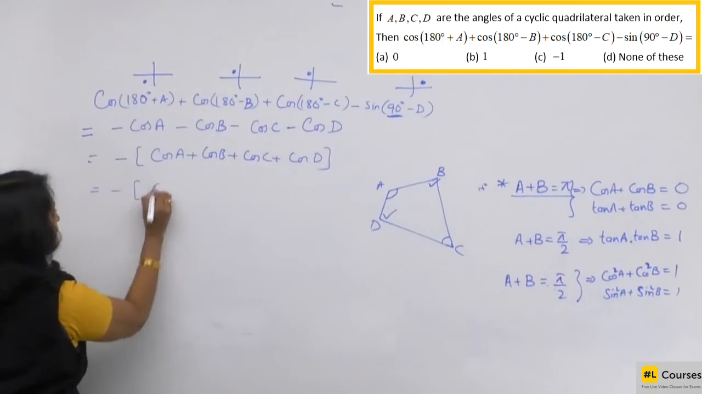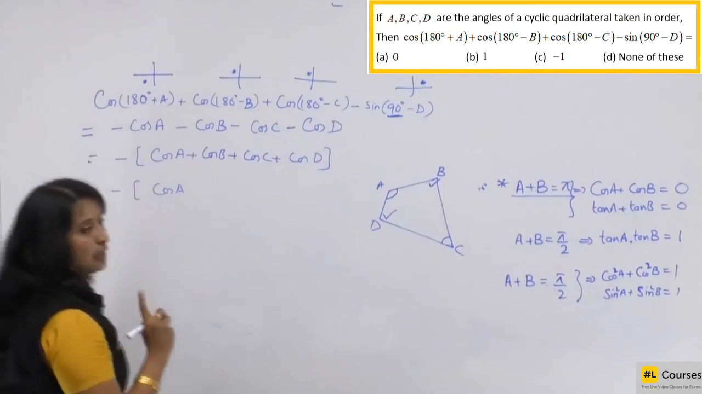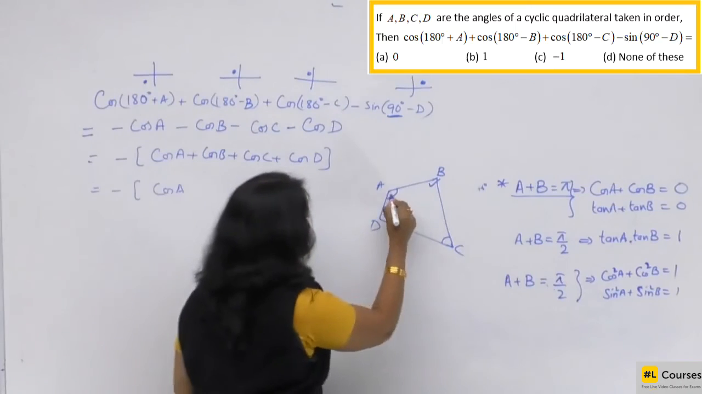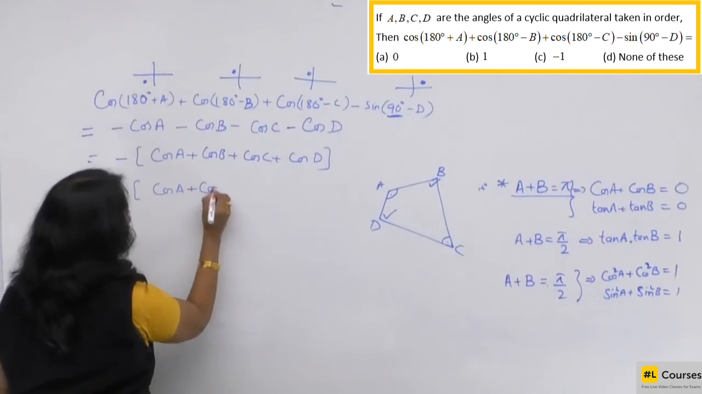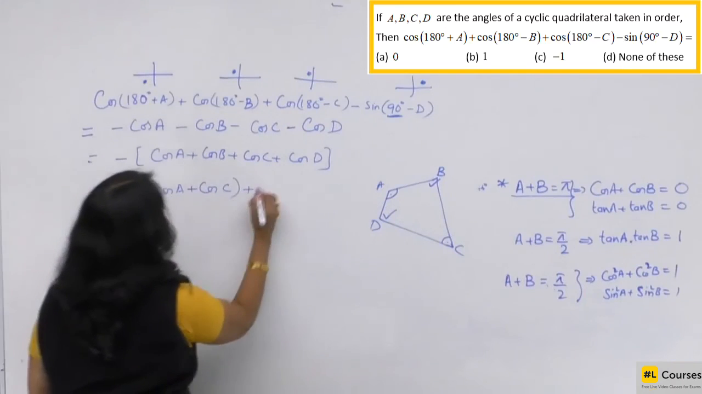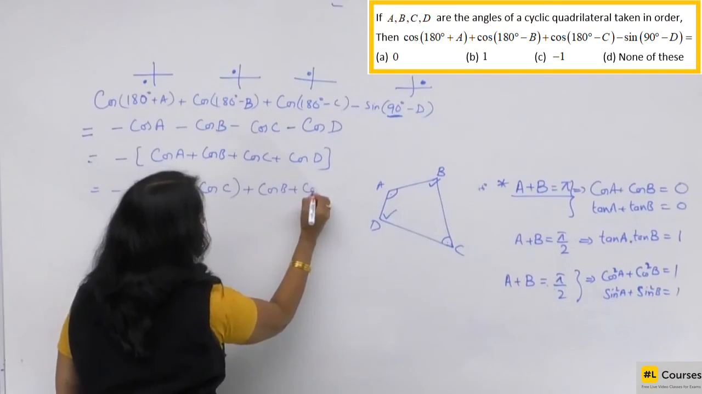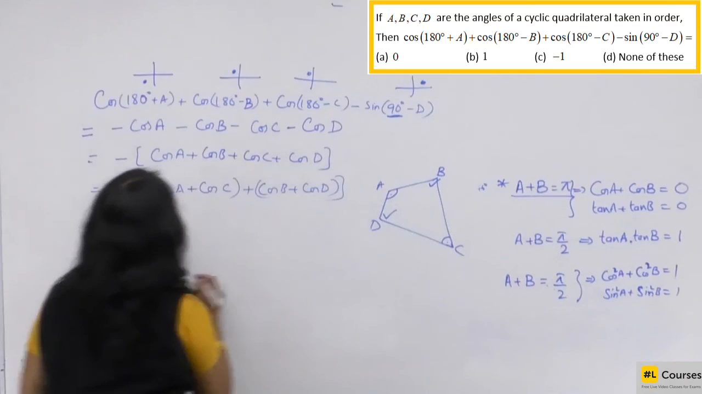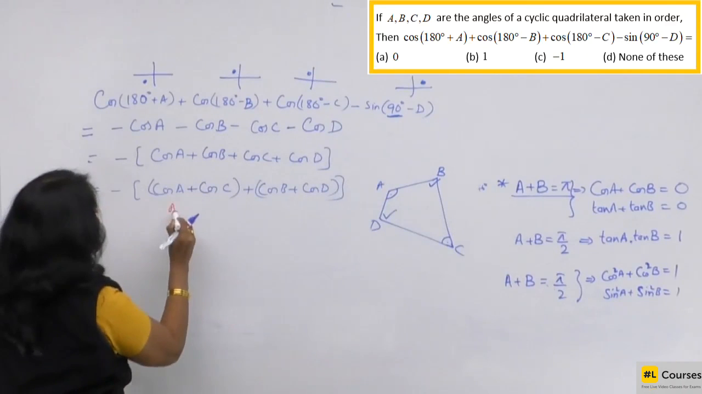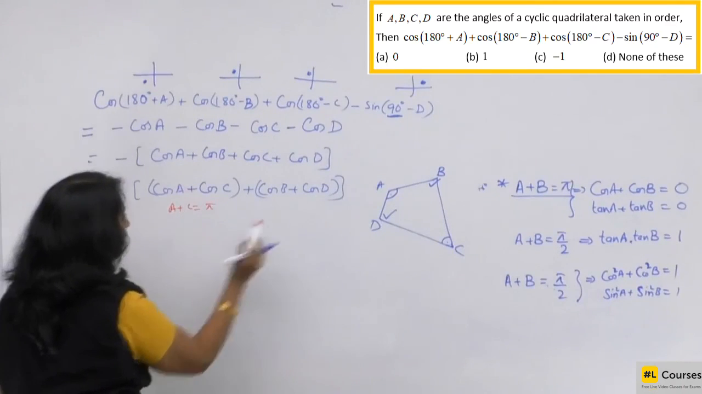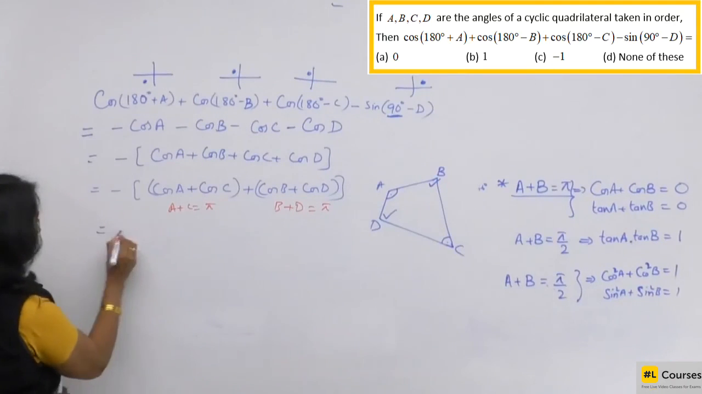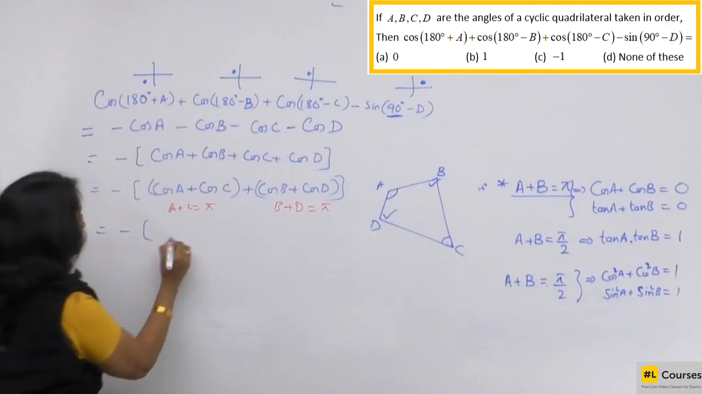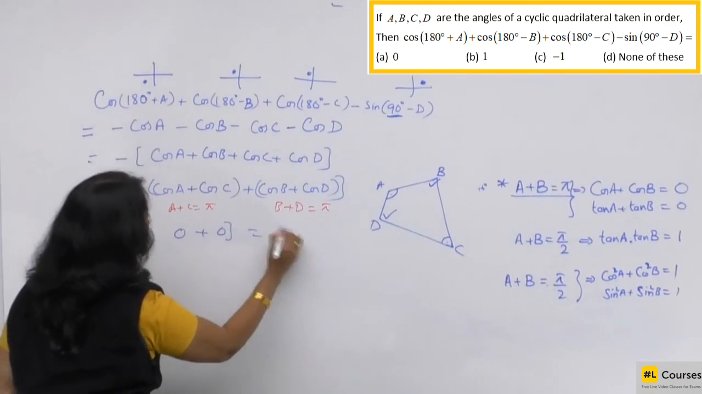Let's group this, because it is a cyclic quadrilateral. A plus C is going to become 180 degrees, so cos A plus cos C I'll group. The other group is cos B plus cos D. Here A plus C is equal to pi and here B plus D is equal to pi. So irrespective of plus and minus, we have got 0. So the answer was